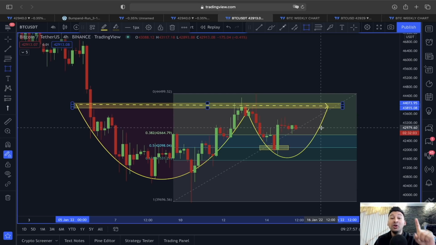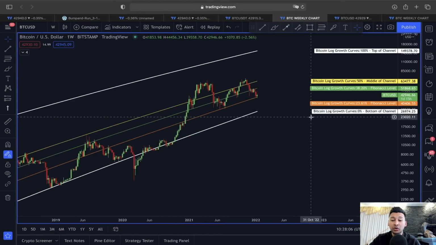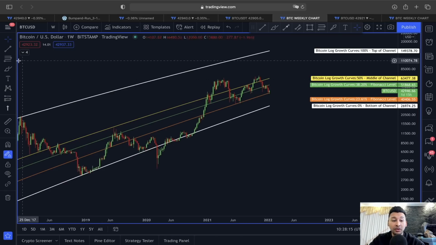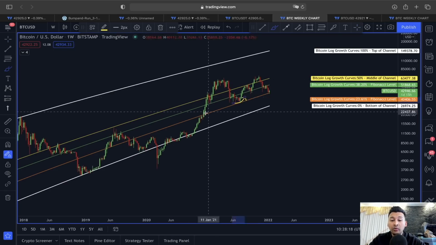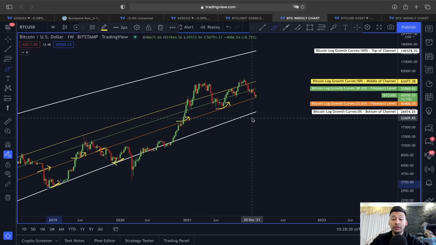And now guys, let me show you what could happen if the price of Bitcoin is going to lose the support around this 40,000 range, because we know around this 40,000, the Bitcoin logarithmic growth curve, which is this orange line right now where we are holding ourselves, the 23.61 Fibonacci level, is also exactly around 40,000, acting as a support, because in an uptrend, as I've already said, this orange line will always act as a support. But in a downtrend, you can see this support is going to fail, and we will also retest the lower line area, just like here.